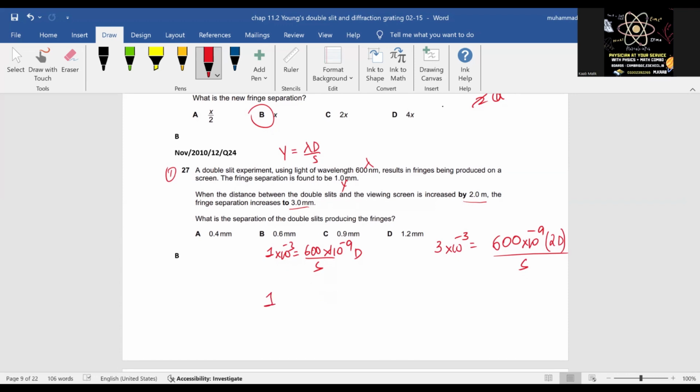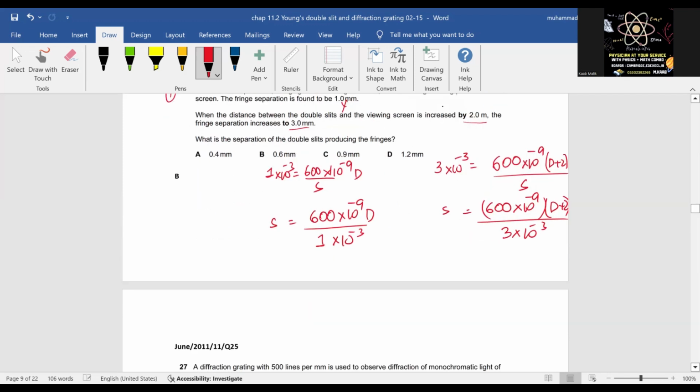लेकिन यार D कैंसिल हो जाएगा, D+2 होना चाहिए। अब यहाँ पे हमारे पास आ जाएगा s, 600 एक्सपोनेंट -9 टाइम्स D ओवर 1 एक्सपोनेंट -3। यहाँ से ये इक्वेशन बन गई, यहाँ से इक्वेशन आ जाएगी 600 एक्सपोनेंट -9 टाइम्स D+2 डिवाइडेड बाय 3 एक्सपोनेंट -3। दोनों को इक्वेट कर दो, साइमल्टेनियसली सॉल्व होगा।